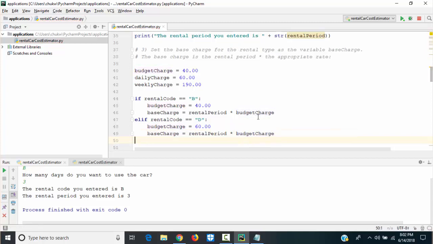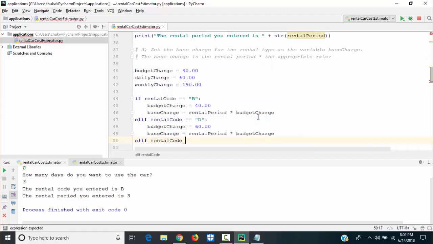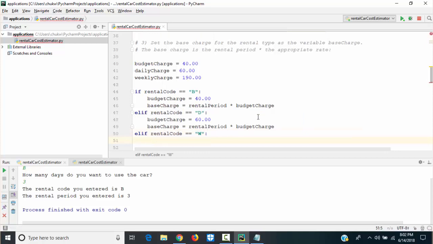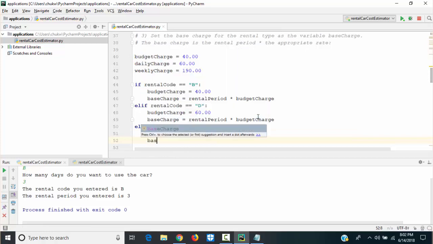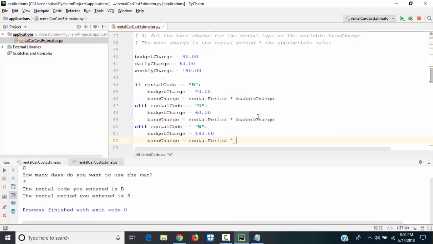Then elif, if the rental code equal weekly, what happens? What condition? The budget charge is equal to $190, and the base charge is equal to the rental period times the budget charge.